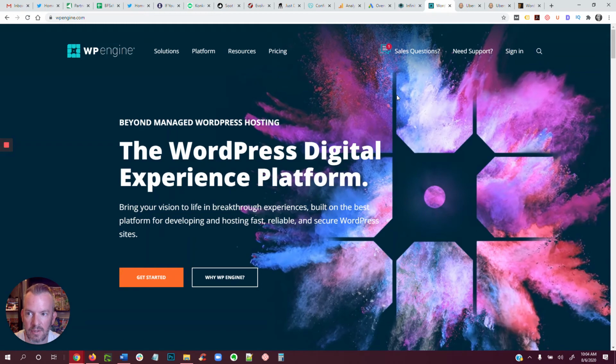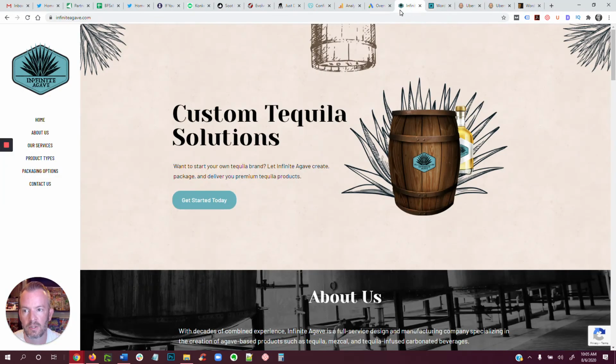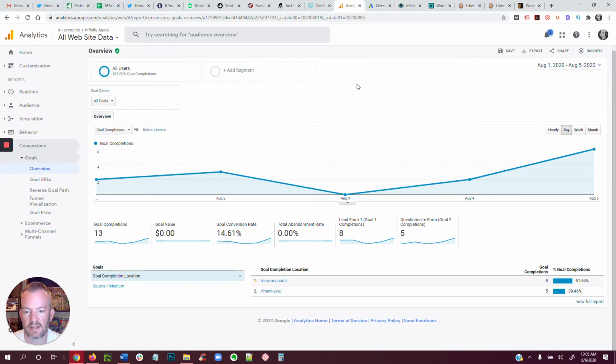That's the company you want to go with. It's a little bit more per month. You're paying $30 a month instead of $5 a month for a cheap GoDaddy host, but the service is fantastic. The security is fantastic. The speed is fantastic. It's just a better platform. So if you want to get these kinds of numbers here, you gotta pony up a little bit of the